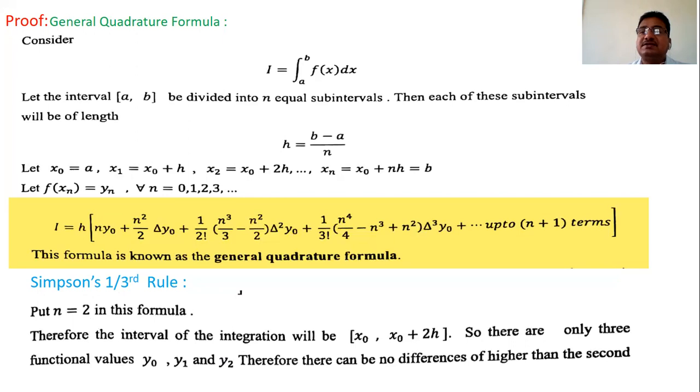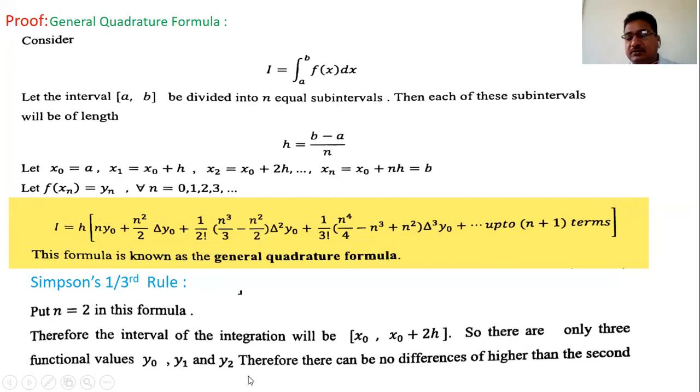First three, then next three, in this way last three. So the integration from a to b of f(x) dx, that is I, is converted to the integral from x naught to x naught plus 2h of f(x) dx. What does this mean? We are going to substitute n equal to 2 in this general quadrature formula. So the integral from a to b of f(x) dx is the integral from x naught to x naught plus 2h of f(x) dx